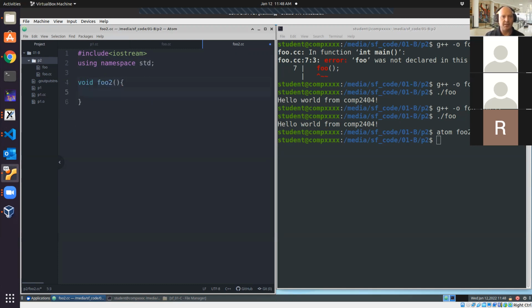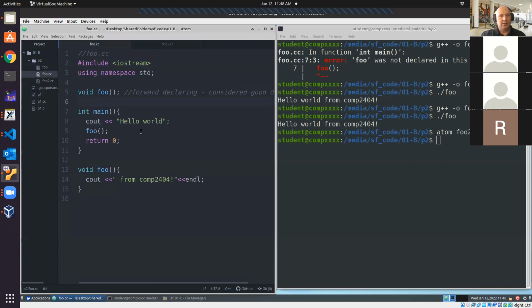Nothing fancy. It's simply going to do the same thing. Cout from COMP2404 in foo2. Okay. So now if we go back to our original code, we can close this, I guess. So now instead of calling foo, we want to call foo2. All right. Now, obviously, the compiler doesn't know about foo2. So how can we